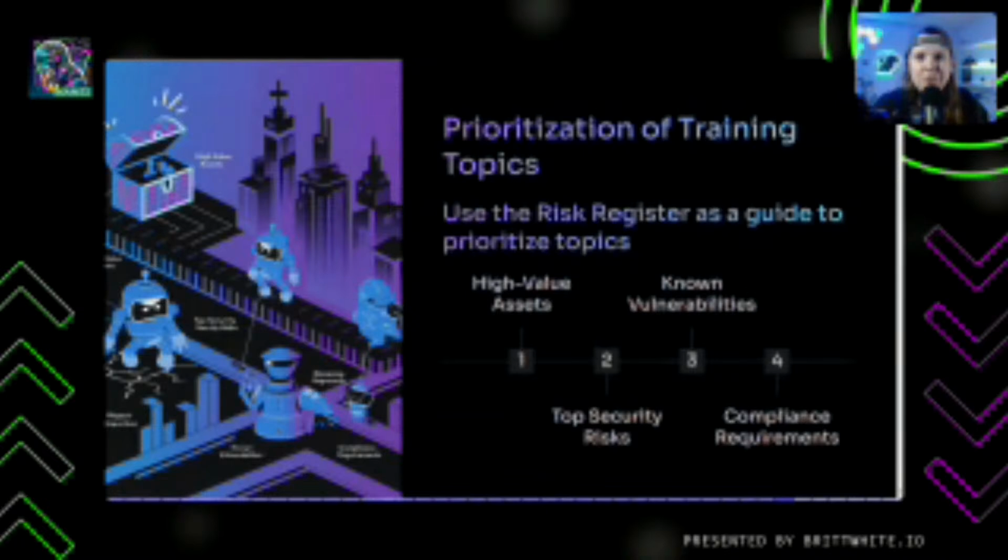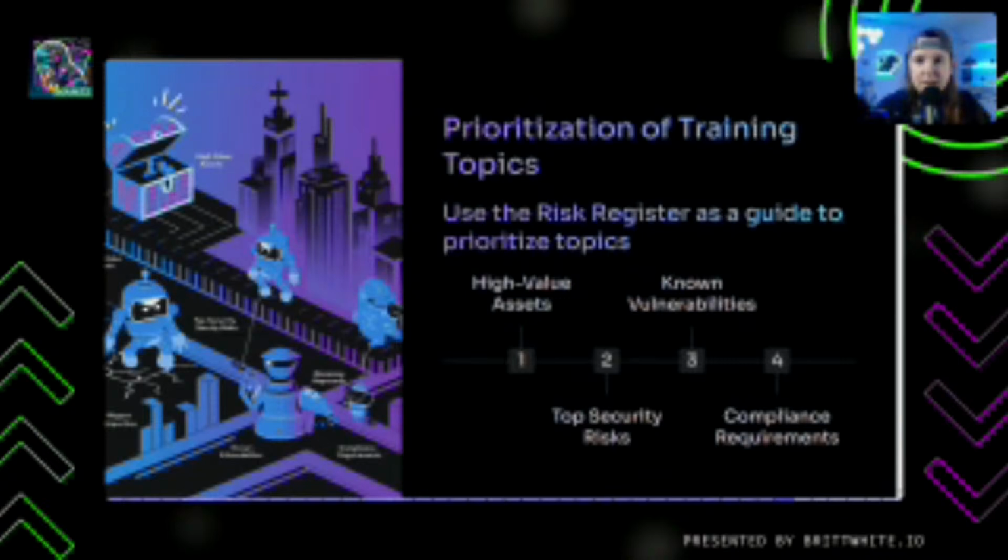Well, we use our risk register as our guide. It's like our security roadmap. Let's walk through the key areas we need to prioritize. First, we look at our high-value assets. Just like you'd protect your most valuable possessions at home first, we need to focus on protecting our organization's crown